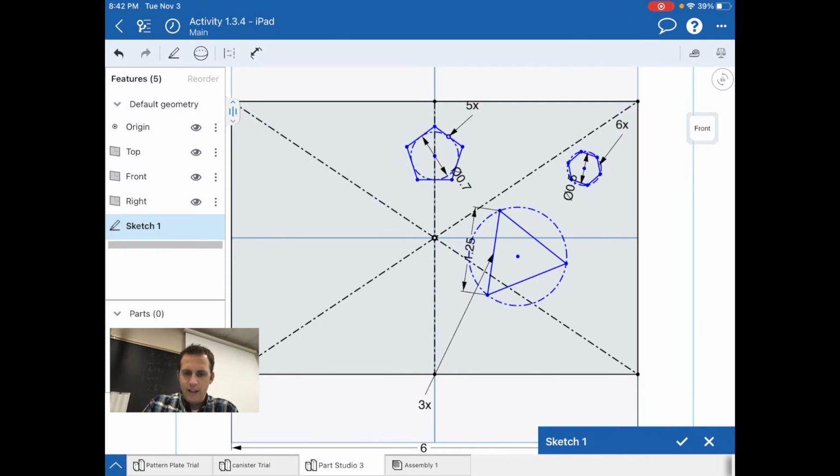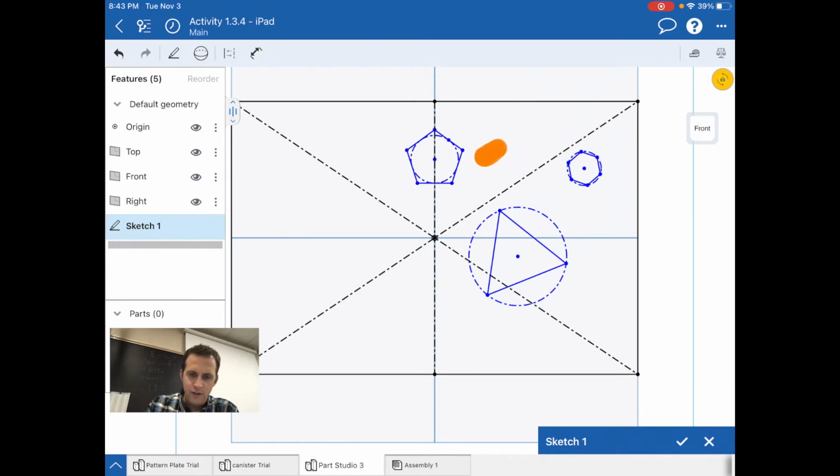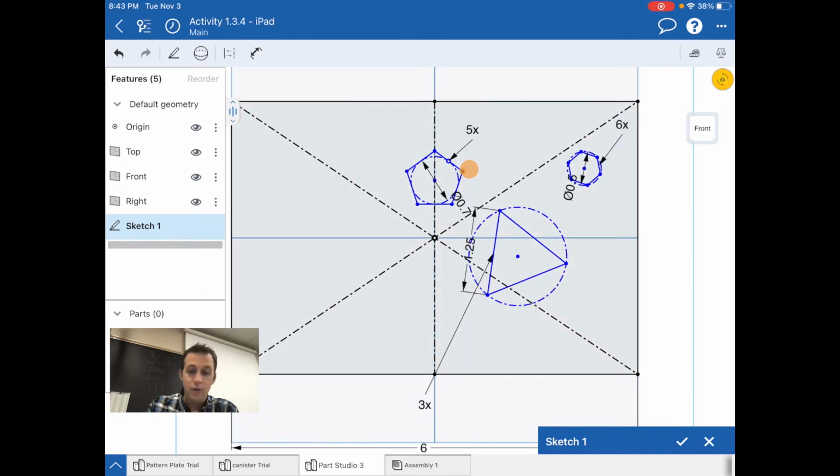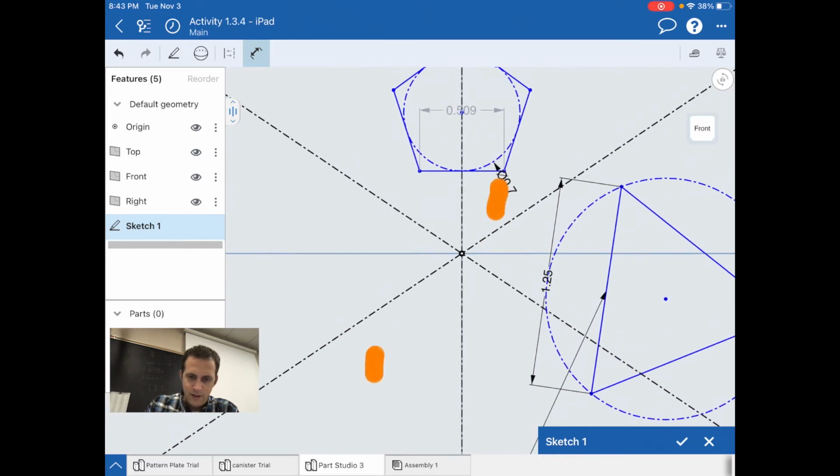Okay, and what still possibly can move? Well, I can check that. I can try to move this around a little bit, and you see that when I try to move that point, it can only move up and down. So the last thing that our instructions tell us is that the dimension from that line to this